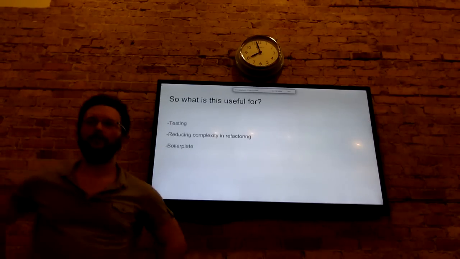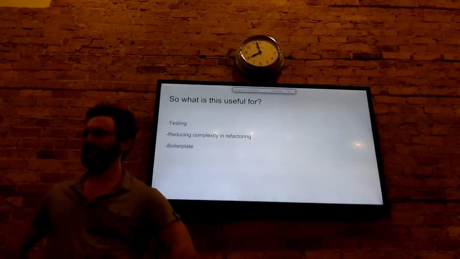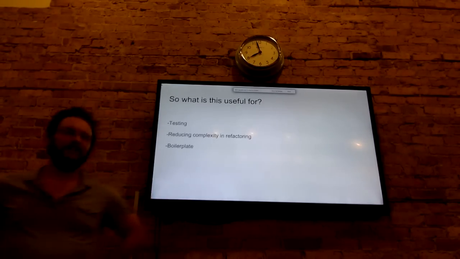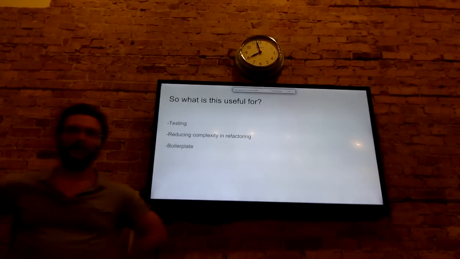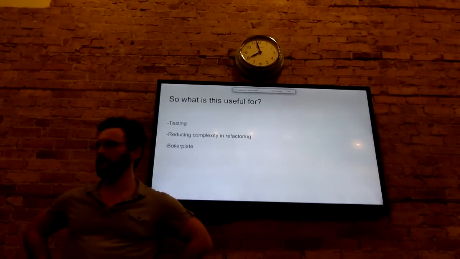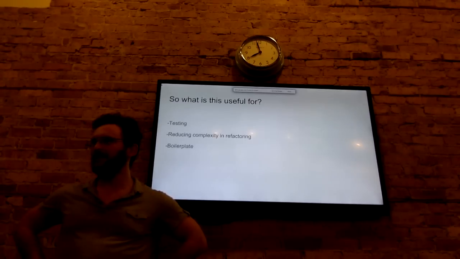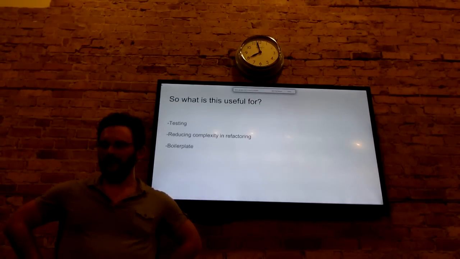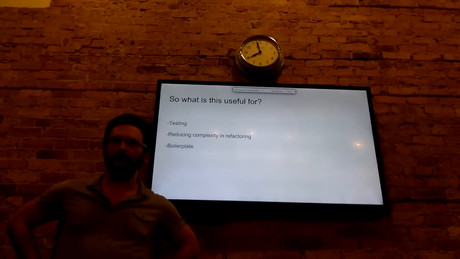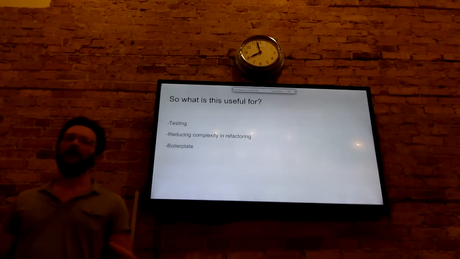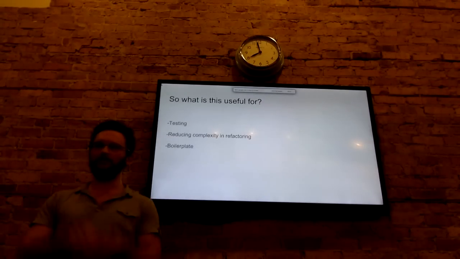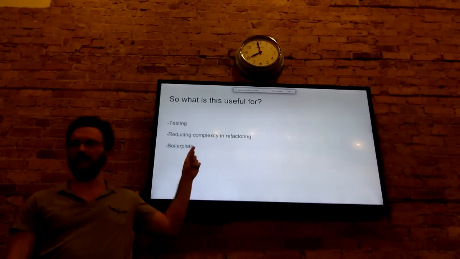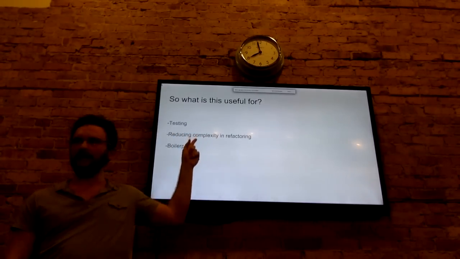So what is all this useful for? That's the question people find themselves asking after their head is about to explode from their first exposure to the subject matter. Testing, for one. I don't know how many of you have used Mockito before. Mockito is, as some of you are aware, just a framework to help instantiate mocks of objects which either stub or spy or what have you, but who cares about all that lingo? Instead of constantly doing specific implementations of mocks for my tests, I could use the same components, but I could provide